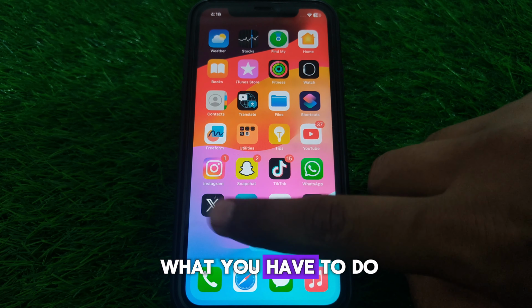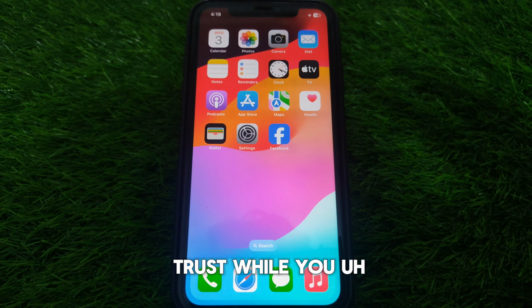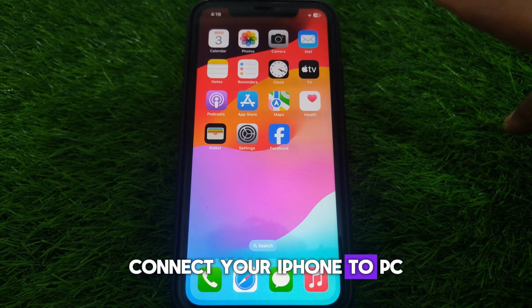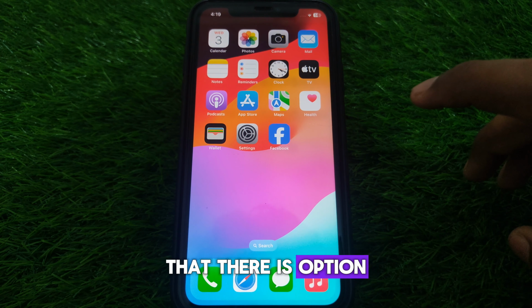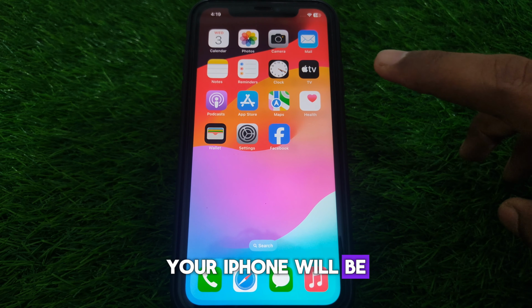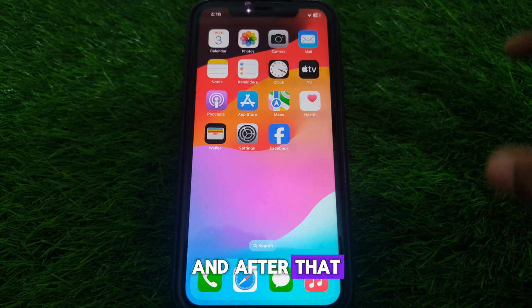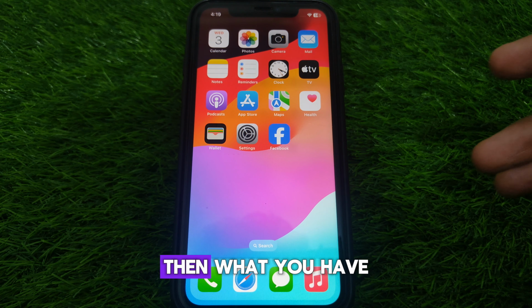So first of all, you have to simply click on Trust while you connect your iPhone to PC. As you connect your iPhone with your PC, there is an option available, Trust This Computer, and after that your iPhone will be connected to your PC. And if you have allowed that and it is still not connecting, then what you have to do,